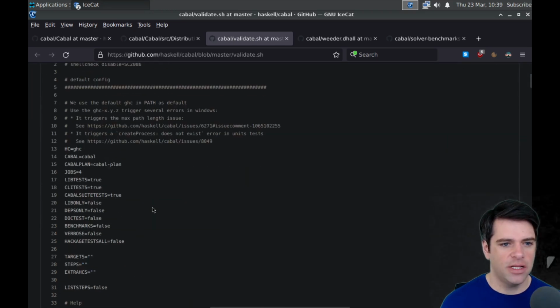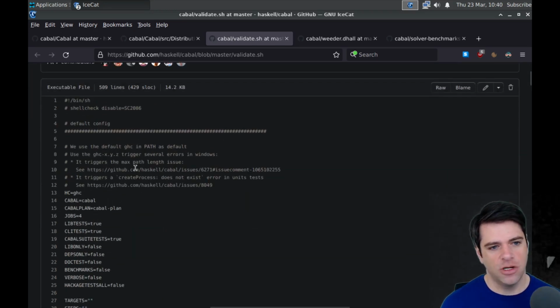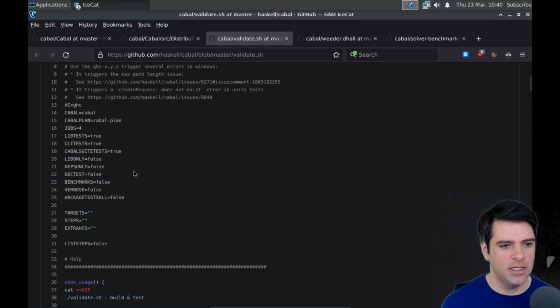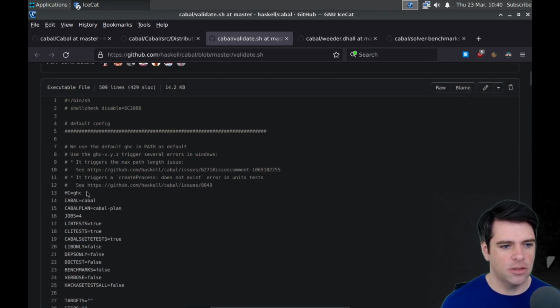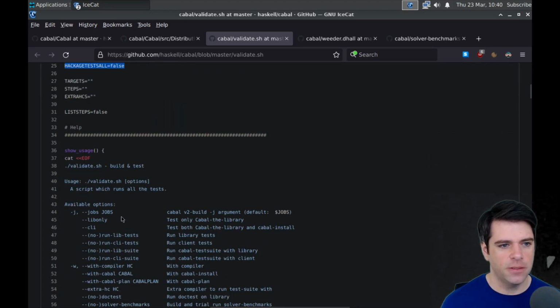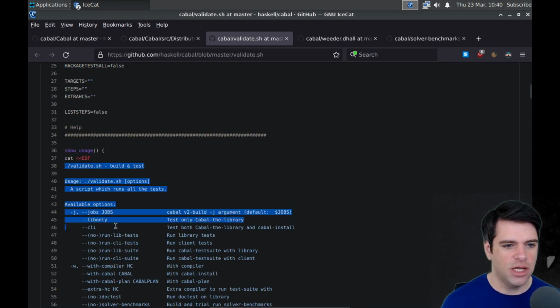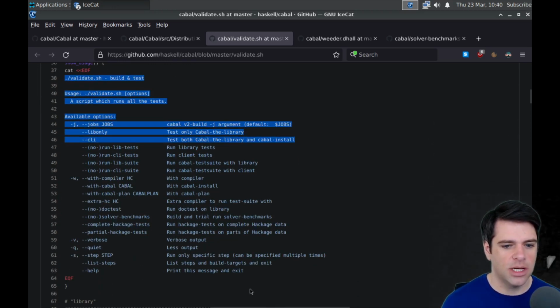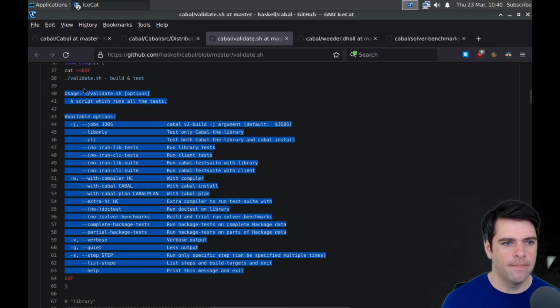Okay, so validate.sh. I'm just curious what's being validated here. Okay, so we're defining a bunch of environment variables. Here's a function that's going to, I guess, create this file, which looks like a help message.